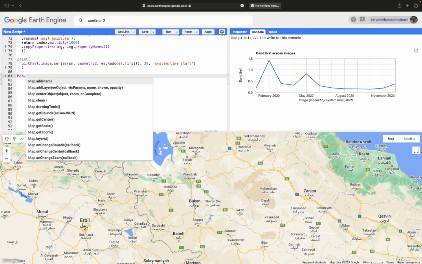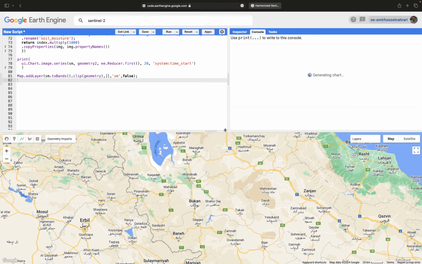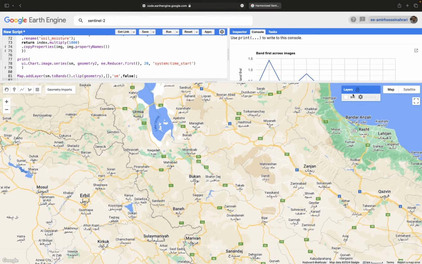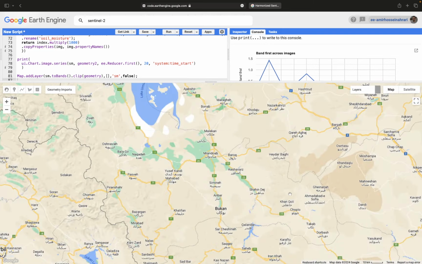Just use Map.addLayer here. Using Map.addLayer, get the soil moisture values, and also make a stack layer through toBands, and then through clip you will be able to clip the image based on the regions we have selected, and the output will be soil moisture or SM name, and use false at the end to avoid the automatic visualization process. Run the code again, and here after a few moments you will see the soil moisture map that is